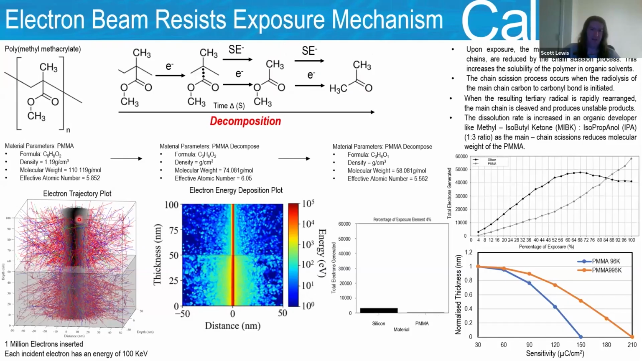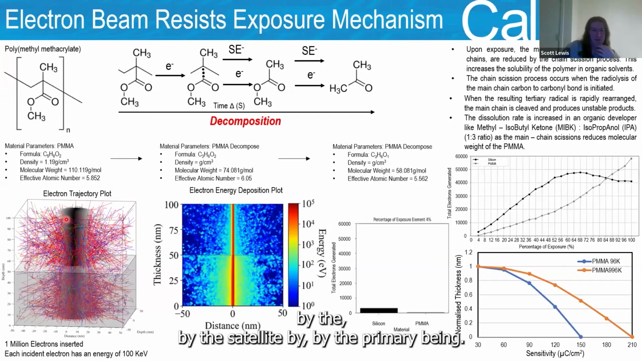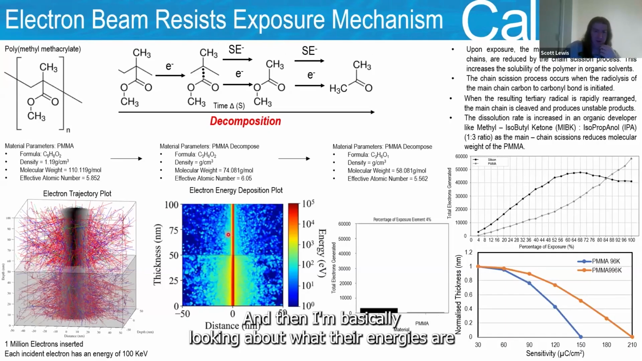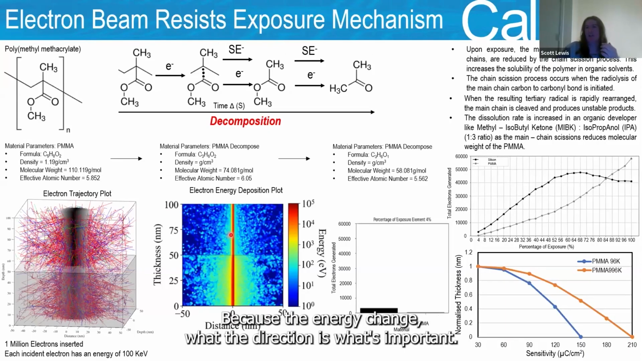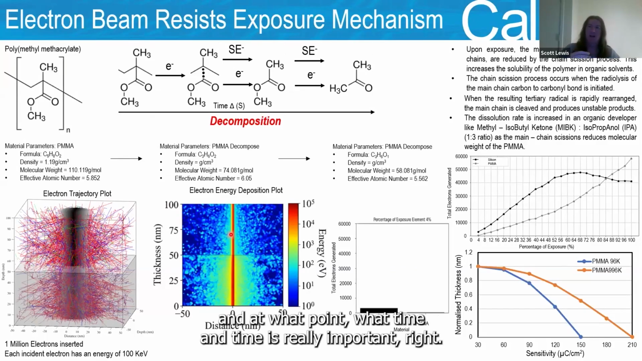a PSF, but this is what a PSF is to me. So what you're looking at here, I'm going to describe this. This is an energy deposition plot. So I'm taking the energies that are being generated by the primary beam. So I'm subtracting this. This is what this is. And then I'm basically looking at what their energies are, because that's what's important, because the energy change and the direction is what's important, because I can work out where the bonds are being broken and at what point,